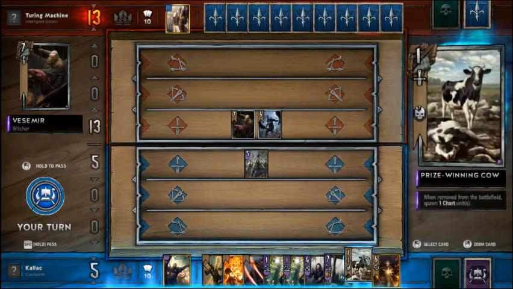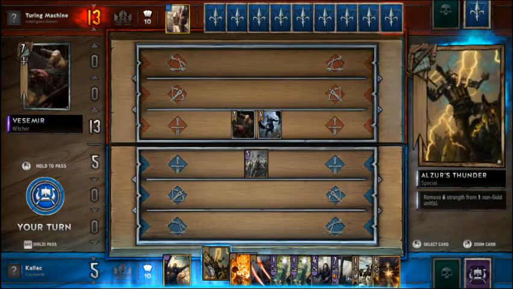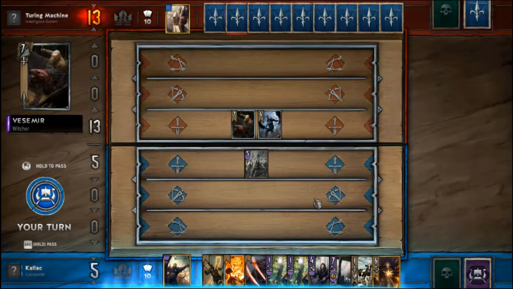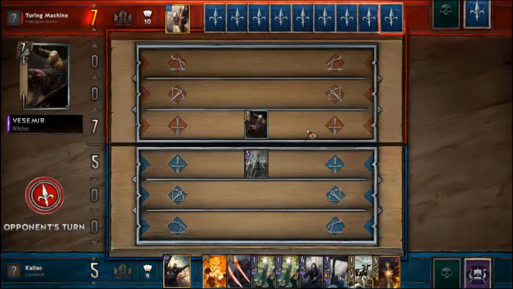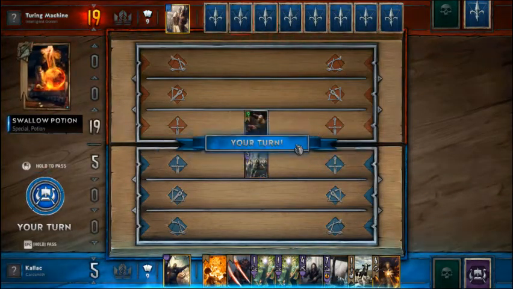But let's think about what we play here first. We could kill one of his minions doing 6 damage to one, or removing 6 strength from one, because the game here doesn't really talk about damage. And that seems like a decent plan, so let's go with that. We remove 6 strength from Lambert over here, which means he is removed from the board. And that lets our opponent...